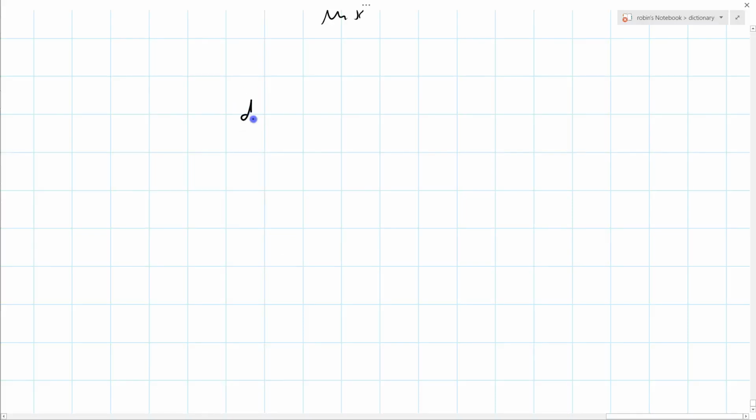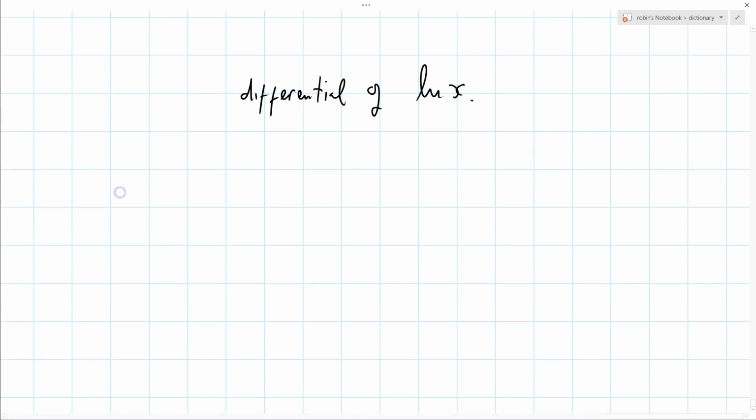Okay, I'm going to talk about the differential of log x. And I'm going to do it in 3 or 4 different ways, or I'm going to demonstrate it to you. I guess the first way is to say y equals log x, and you'll remember that if y equals